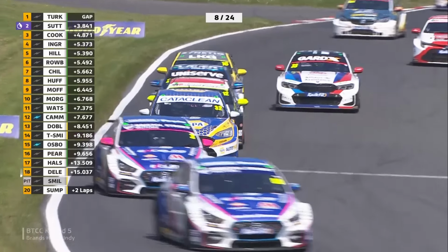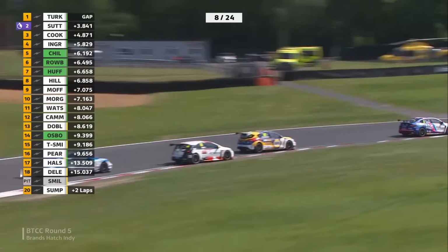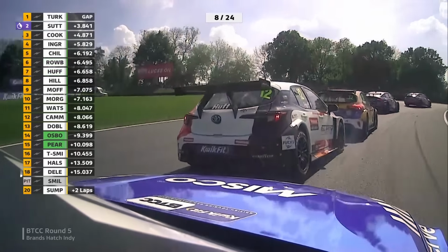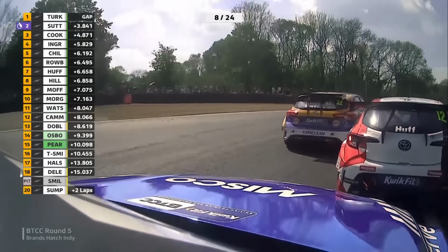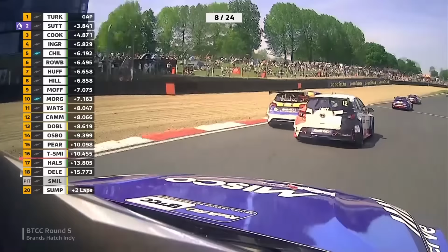Well, this is basically hybrid racing, guys. I hope you like it. It's certainly exciting, isn't it? So this is what it's been designed to do this year, to make that hybrid have more impact. And it's also, don't forget the tyre, because on the quicker, softer tyre, Rob Huff's Toyota dancing its way through